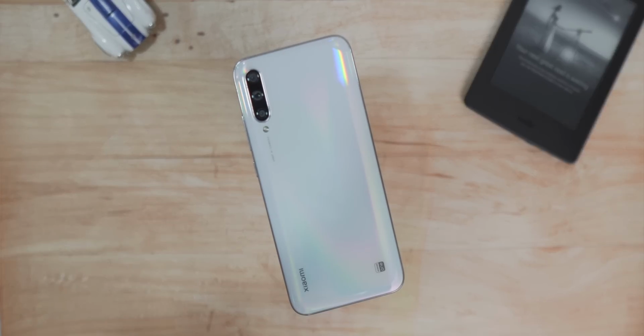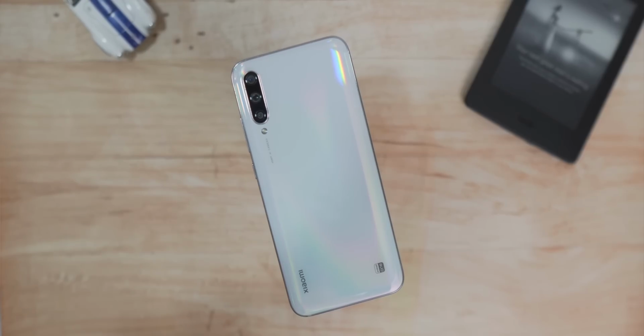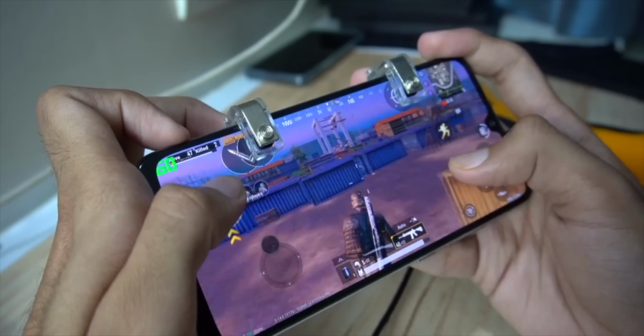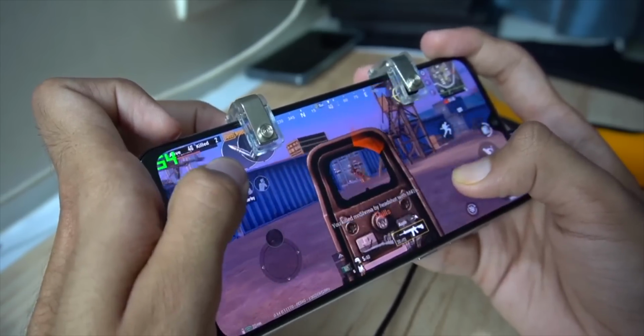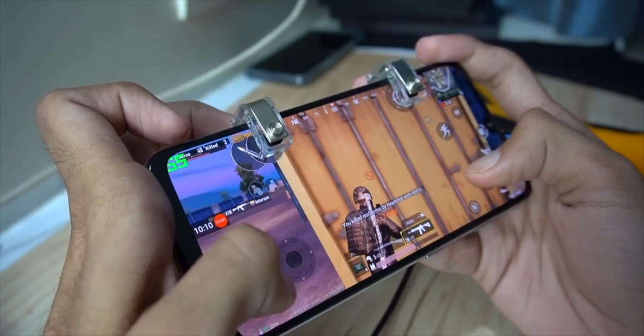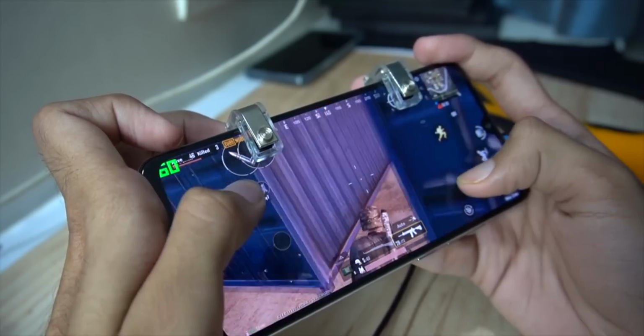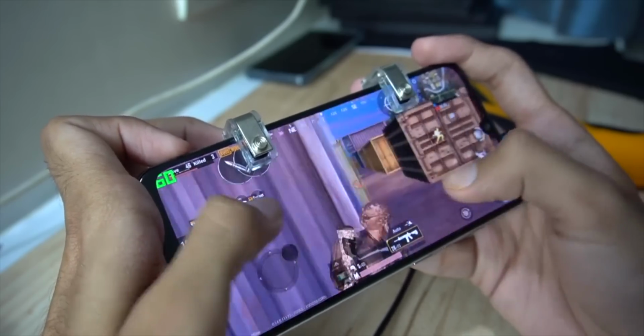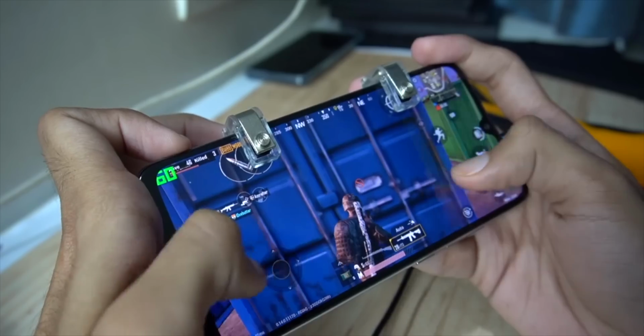So you've got the Snapdragon 665 here. You can either go with 4GB RAM or 6GB RAM, and you've also got 4000 mAh of battery inside. If you talk about the performance here, to be honest, I don't think it's on par with other phones that cost 12 to 13,000 rupees. If you talk about PUBG, you can only go up to the high frame rate, which is 30 FPS, and in comparison, if we see other phones like the Galaxy M30s or Realme 5 Pro, you can go up to Ultra or even further. So in terms of gaming performance, it's not that great, but